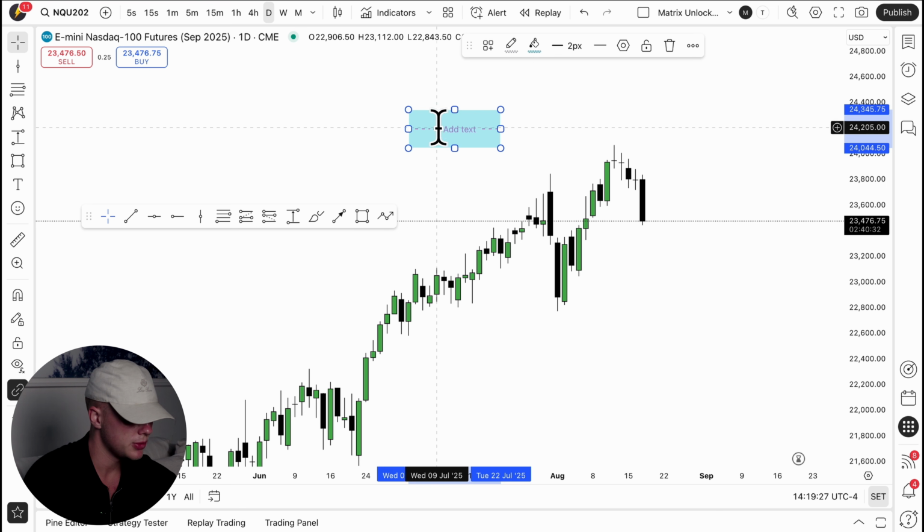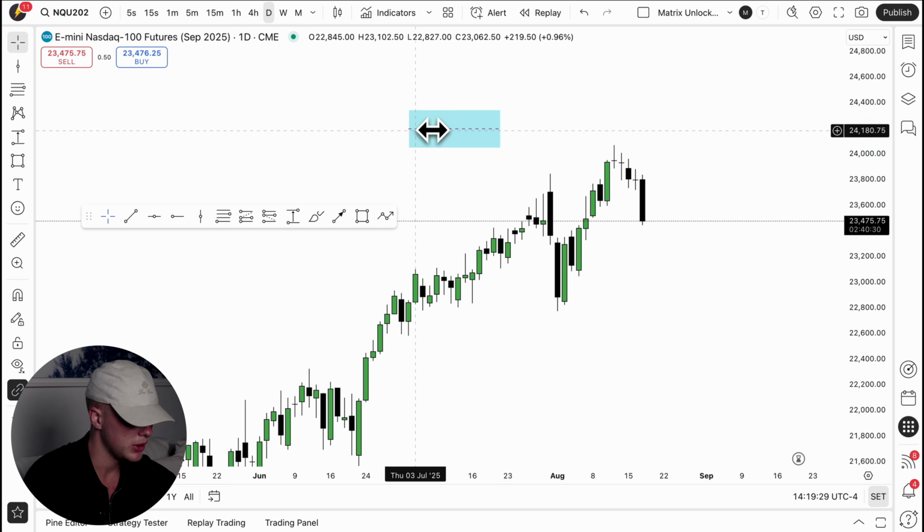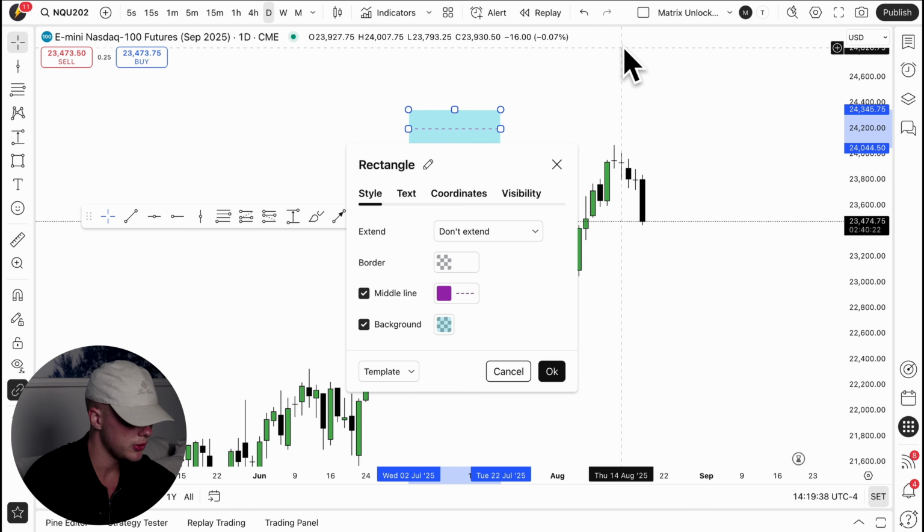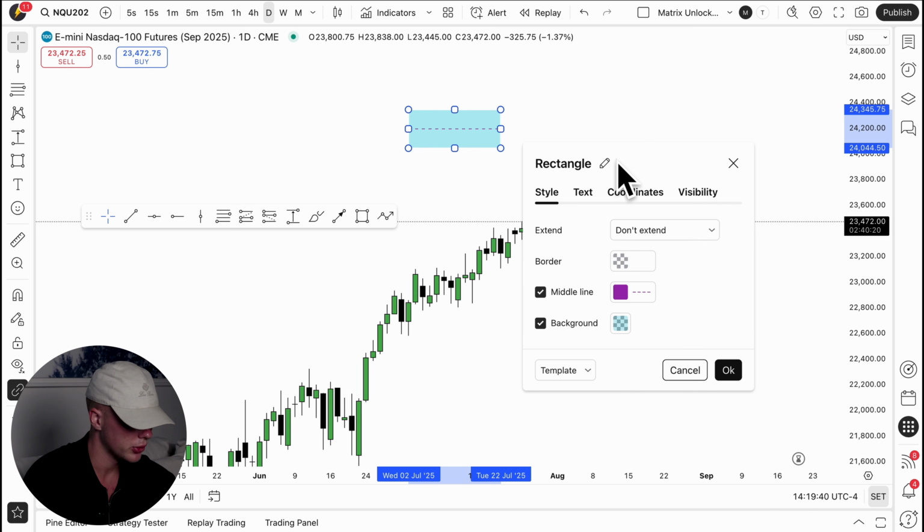So when it comes to this rectangle tool, what you can see is that I have this middle line right here, this dashed middle line. This middle line is at 50% of the price range of this box. When we go to the settings of the rectangle tool, you see that there's this option to enable the middle line. Turn that on if you're annotating very specific arrays, as I have outlined them throughout this lecture. These algorithmic signatures, their 50% level is very important.